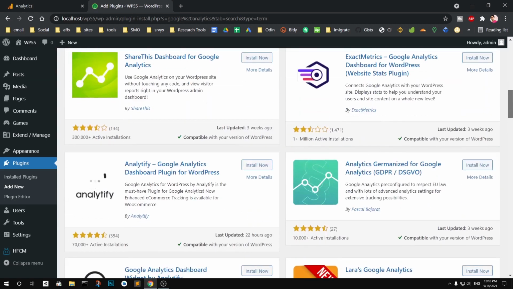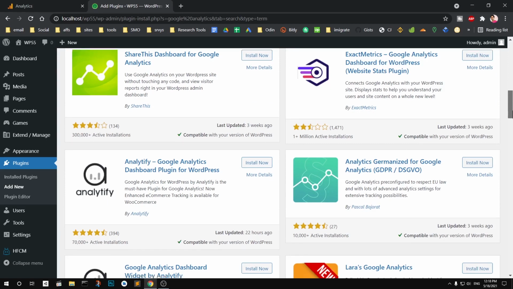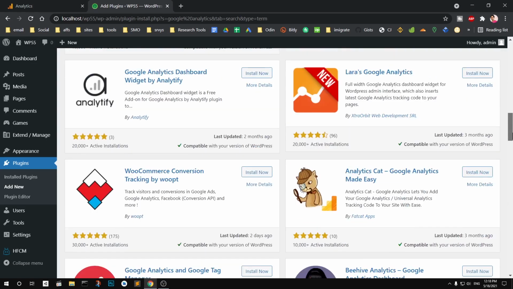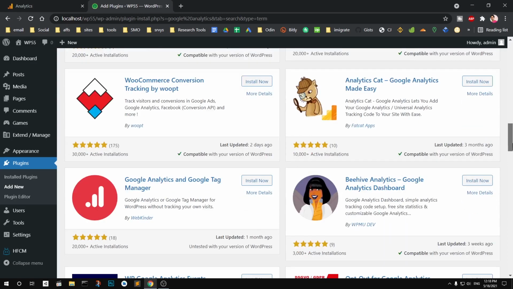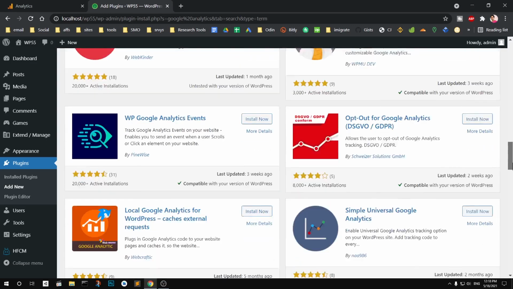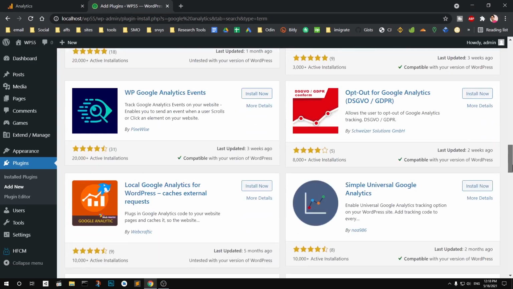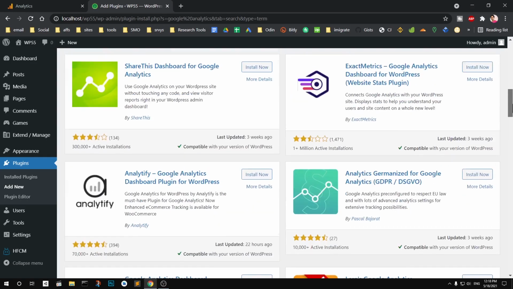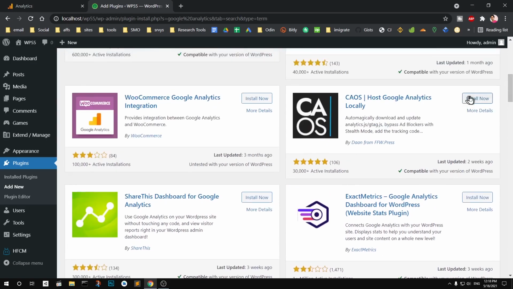A lot of people don't know, they are just rushing to add the analytics code, and there are a lot of things that go with installing analytics tools, basically the tracking code, that you realize later after some time, after about a year or so, when you see that your website is being slow, you're not getting consistent data. So this is why people use such plugins. So I will go ahead and install it. This is a very good plugin,